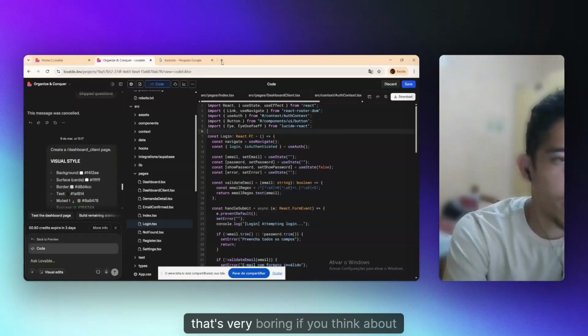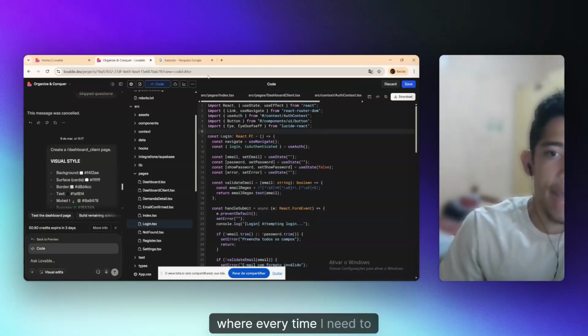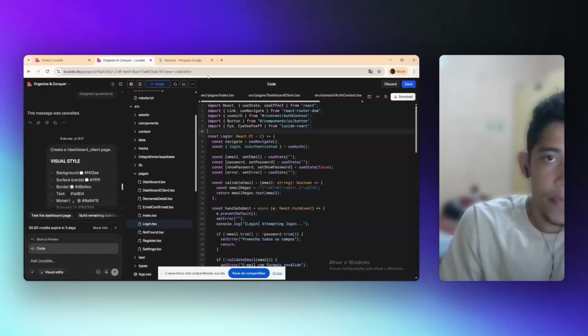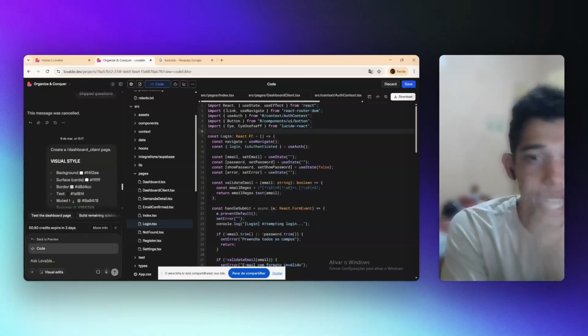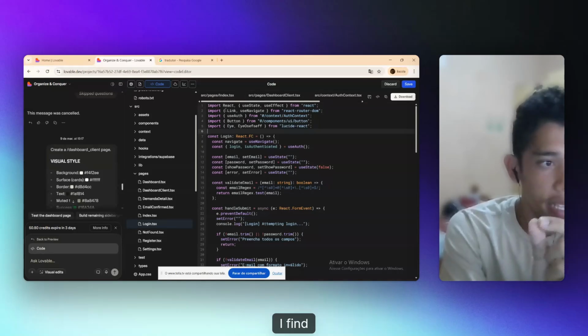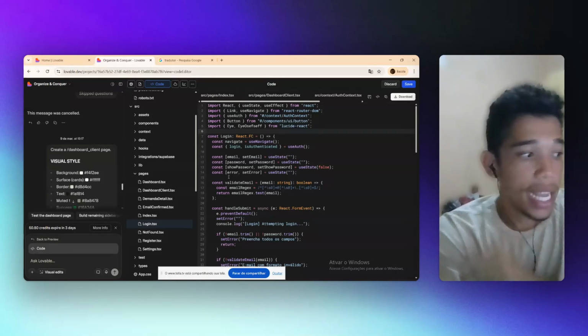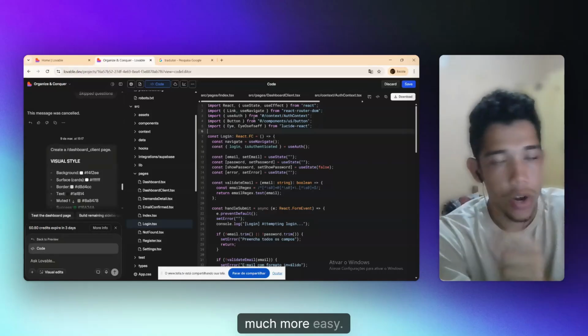That's very boring if you think about a project where every time I need to see the code and change the code. Because of that, I found a new vibe coding platform that makes my work much easier.